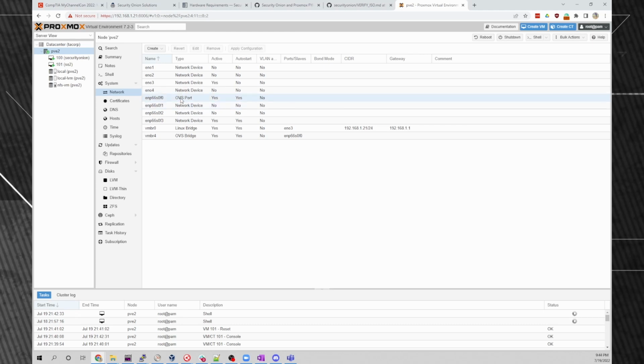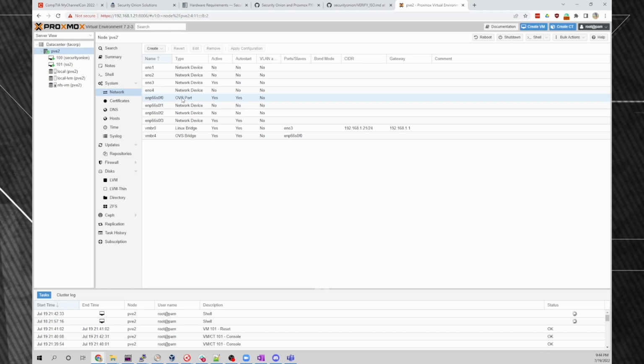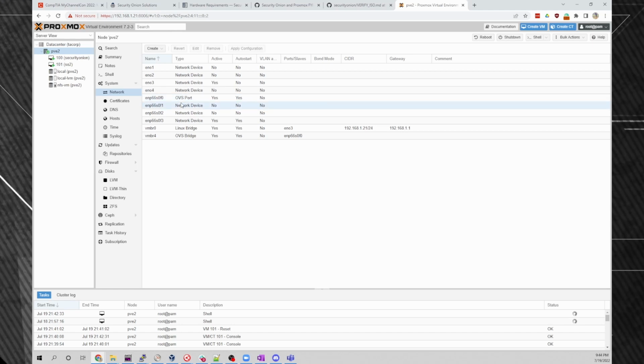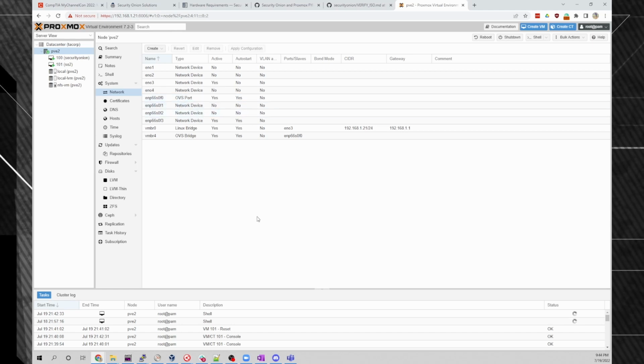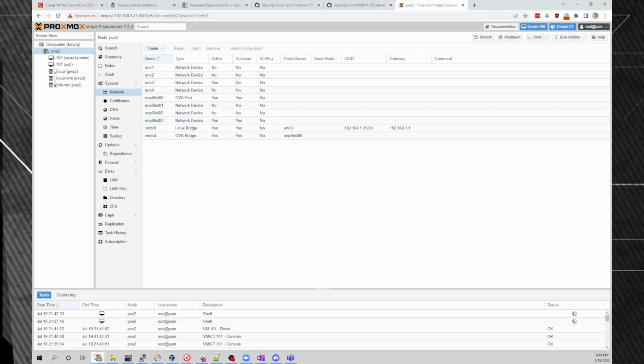I'm not going to cover configuring SPAN here. It's a little bit outside of the scope of what I was trying to cover, and there's plenty of documentation and other videos available on how to configure SPAN. So we'll take